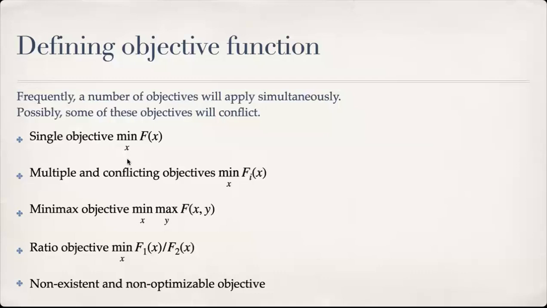You select one objective and then you formulate the optimization problem, the objective function, based on the objective you choose. Minimize that or maximize that. But in case of multiple and conflicting objectives,